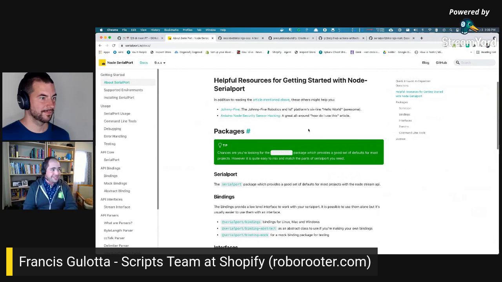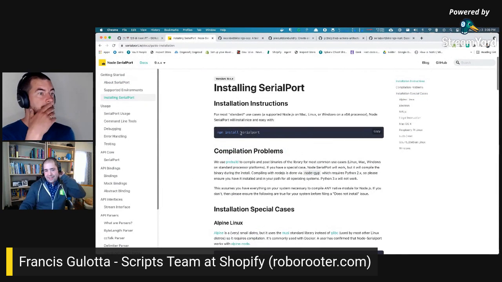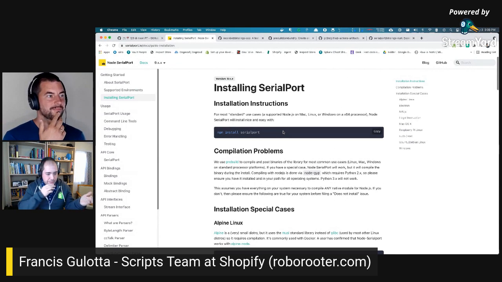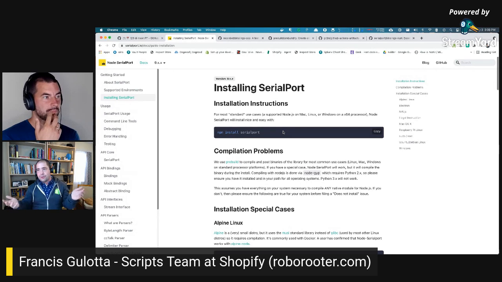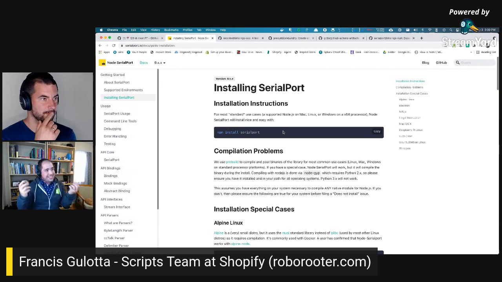So the reason we're here is in order for it to do its thing, we need to have some C code running, not just JavaScript. And the reason is that there are no serial port APIs in Node, right? So when you need to open a serial port and write to it and then change baud rates and stuff, the only APIs that exist are from the operating system. And those are usually exposed in some sort of dynamic library or from the kernel. I'm actually really fuzzy on exactly how that works,